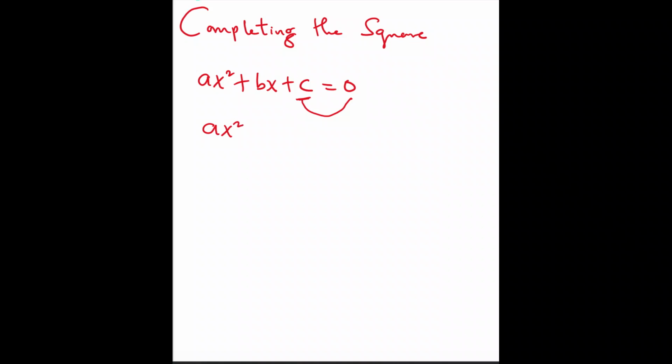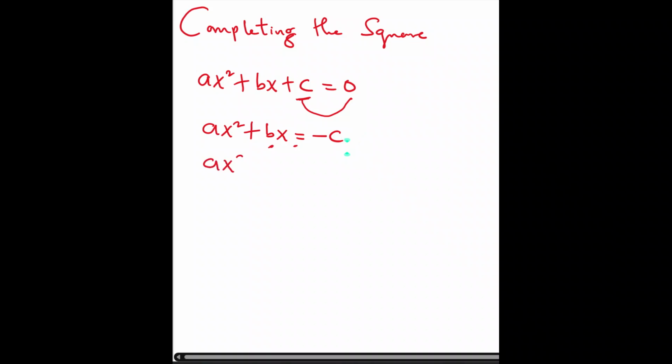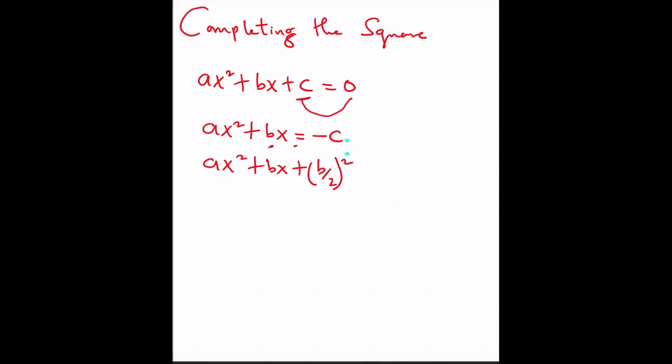So it will be written like this: ax squared plus bx is equal to minus c, and then we'll find half of b and square it and write it here. The square of half of b will also be added to this side too. I'm going to write it in the second line. So that'll be ax squared plus bx plus (b over 2) all squared is equal to minus c plus (b over 2) all squared. So it's written that way. The first example I'm going to be doing